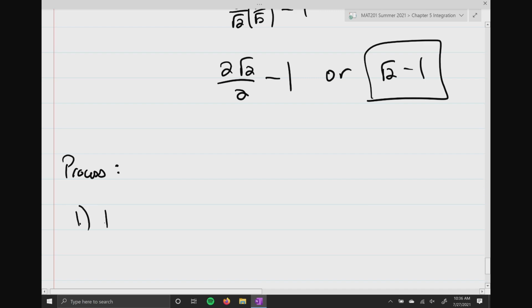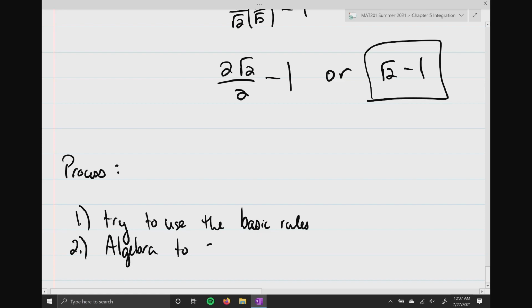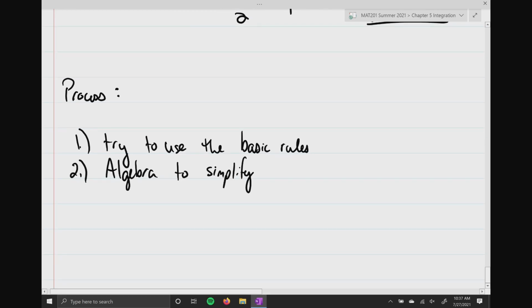1, try to use the basic rules. All right, like the power rule, or the constant rule, something like that. 2, try to use algebra to simplify. Maybe if you simplify it a little bit, it actually turns out to be a lot easier than what you thought. If these two fail,